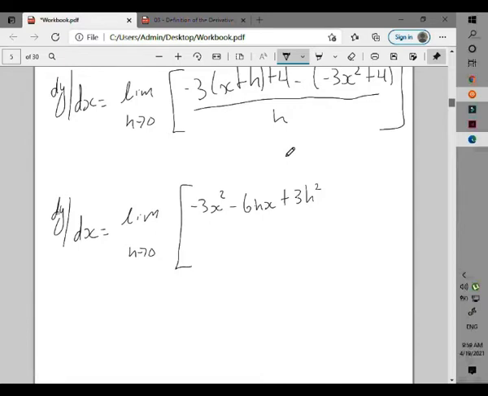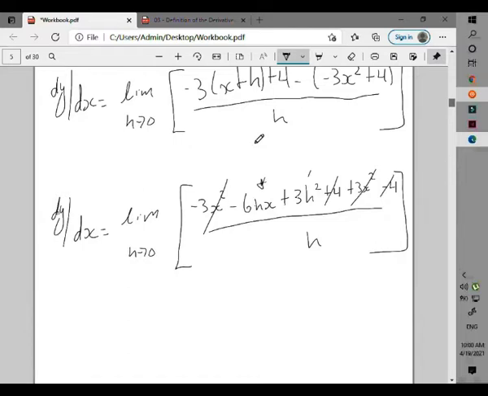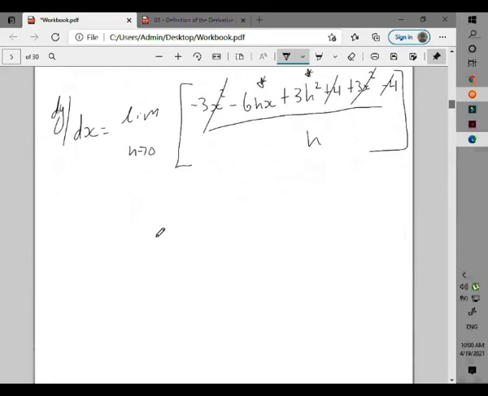So this is going to be plus 4 plus 3x squared minus 4. And this is all going to be divided by h. So the 4 goes with that 4, and the 3x squared goes with that 3x squared. So let me start doing what I always said I should do. Anything that I have remaining, I put an asterisk over. This helps me realize that, okay, this is what I still have and what I need to work with.